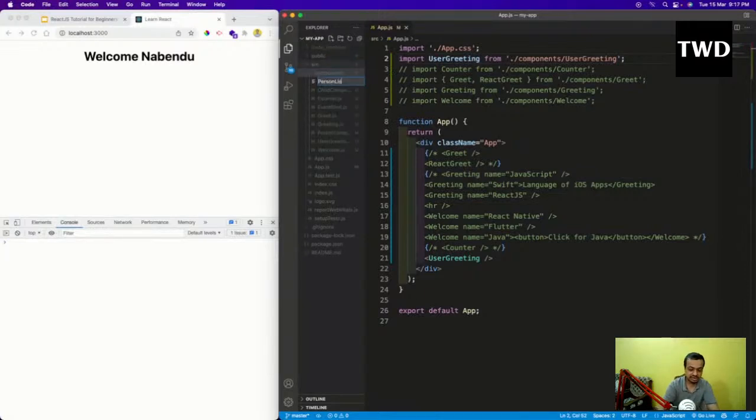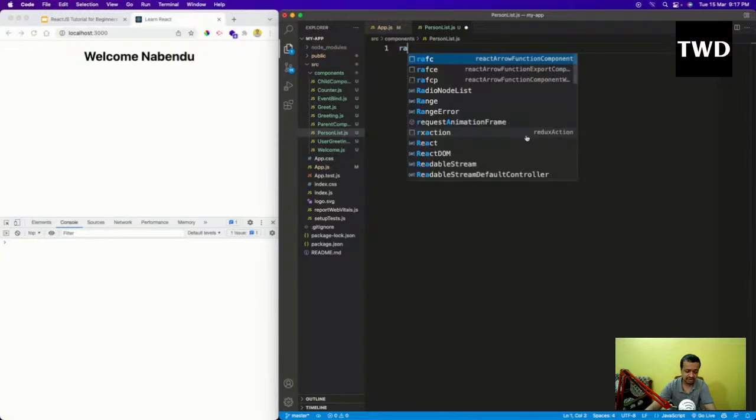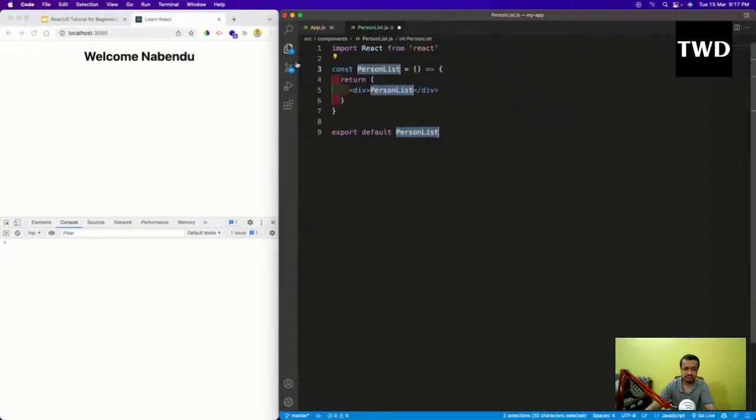PersonList.js. Actually, I forgot to give the GitHub yesterday. I'll give it today because we are going to use this GitHub till tomorrow also, I think, because today's class list will not be over. So we are going to look into the list. It doesn't matter class based component or functional component. We are not going to use the state. RFC I'm going to do, and it will be coming like this, PersonList, and then I'm going to have this